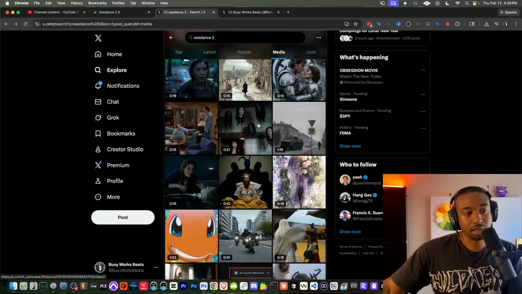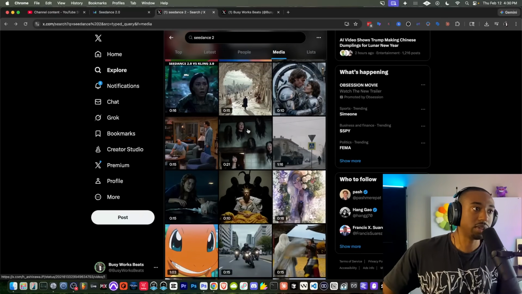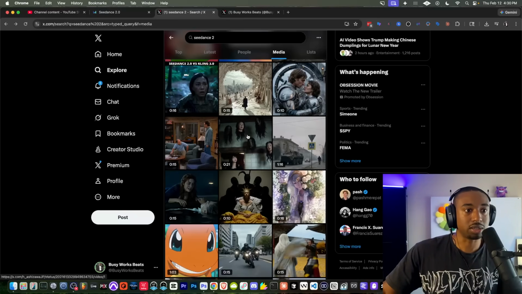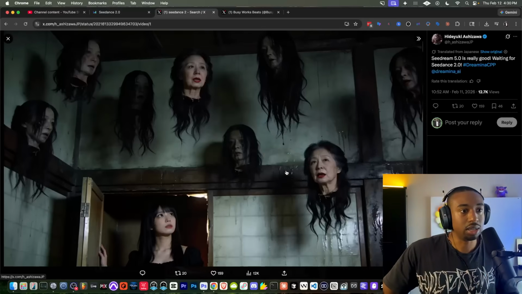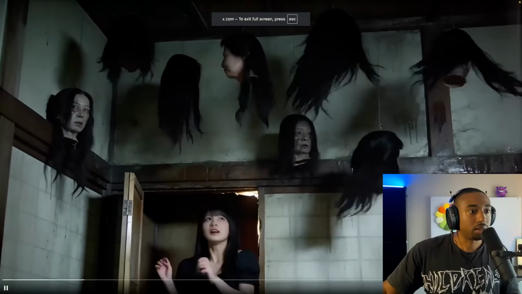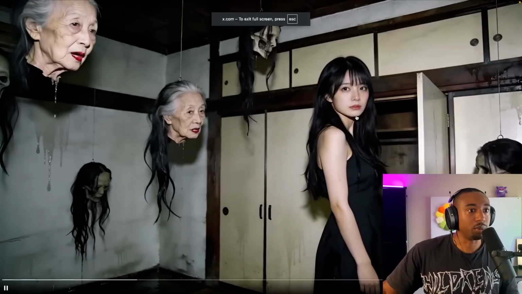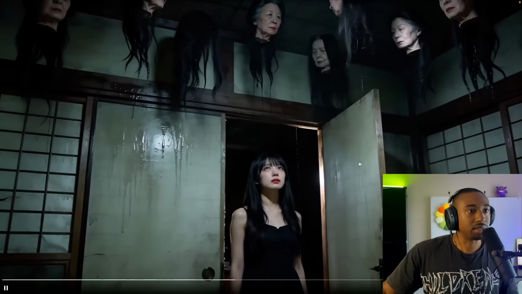Now it could be. Now that's why I said there's a difference between image to video and text to video. I've noticed that image to video, you can tell where it just like randomly turns from an image to a video. You can kind of tell the transition. Like watch here, turn off the audio. Like when it switches, it's like clearly coming from an image. Yeah, I don't believe this is Seedance.